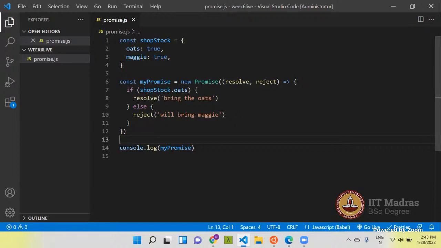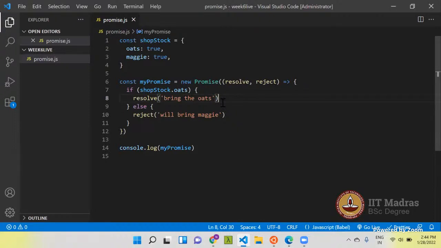Sir, can a promise have two resolves or is only one permitted? Only one. So once a resolve is raised, is it like a return function? Yes, a return function. So we can't have lines after the resolve, basically? I mean, the resolve function will be called. You can write anything after the resolve call as well, but once that statement is triggered, any code written after that won't be executed, just like return.